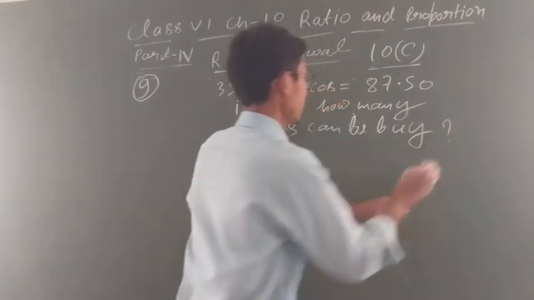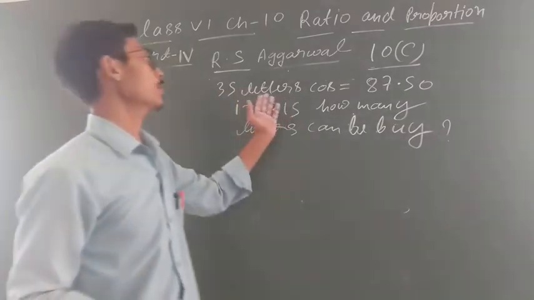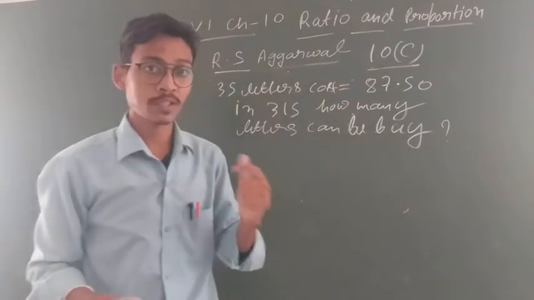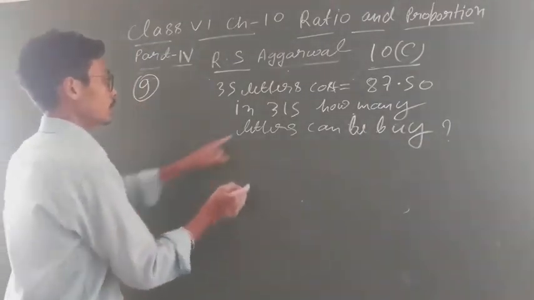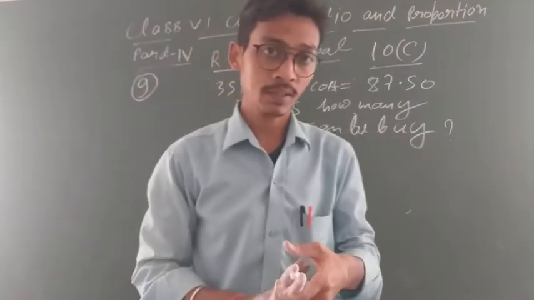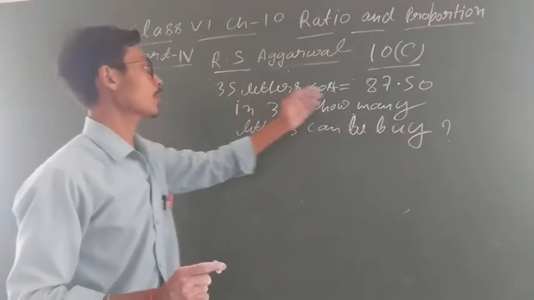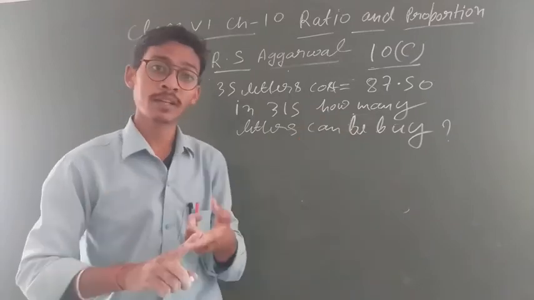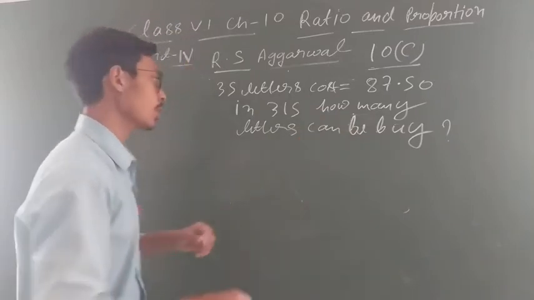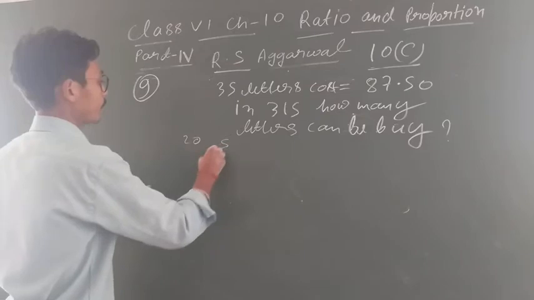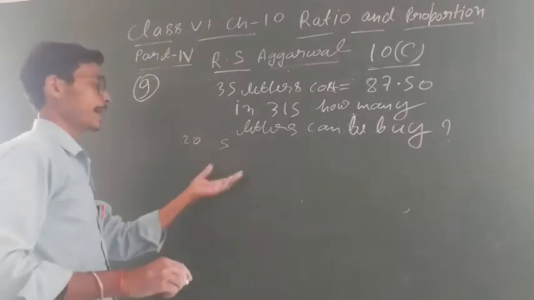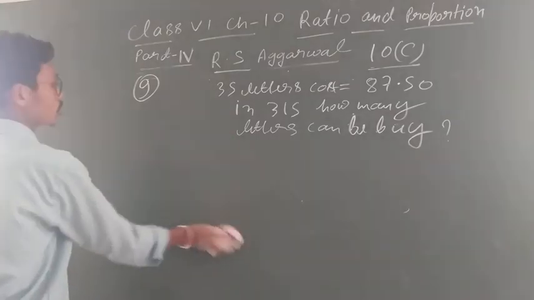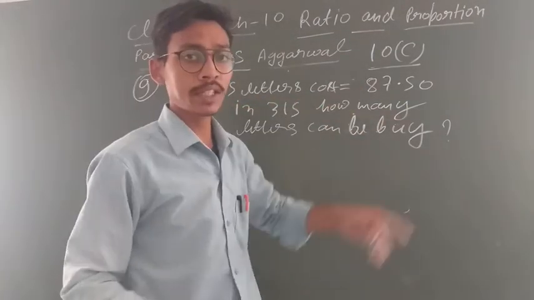अब देखो some student can do what? First they will find out the cost of one liter and then they will multiply by 350. But this is wrong because बेटा देखो कि 350 is given. This is given in rupees ना. It means first you will find out the cost of 1, later then you will divide. Like the cost of 20 pens is 5, to find out cost of 1 pen you will divide, then you will divide when total cost is given. ठीक है. तो similarly in this question what is given 35 liters cost 87.50.